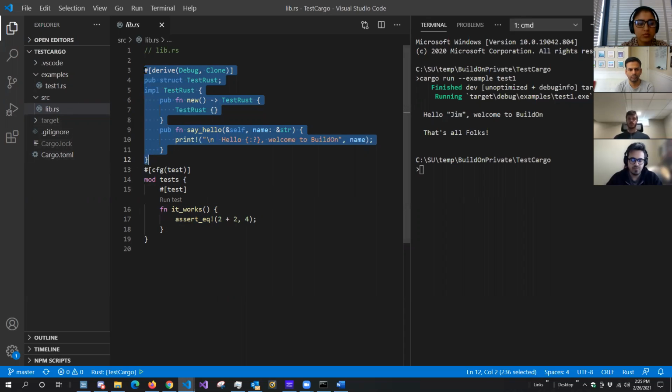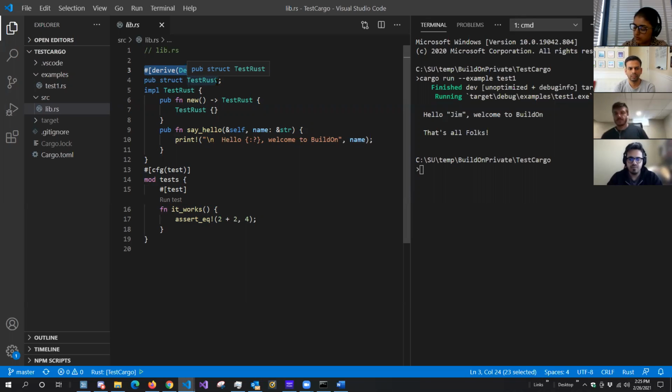What this statement says is, compiler, please implement the debug trait and the clone trait for this struct. Remember that in Rust, the way C++ uses classes, Rust will use a struct instead. It means the same thing. I'm building types with a struct. And this statement says, please implement